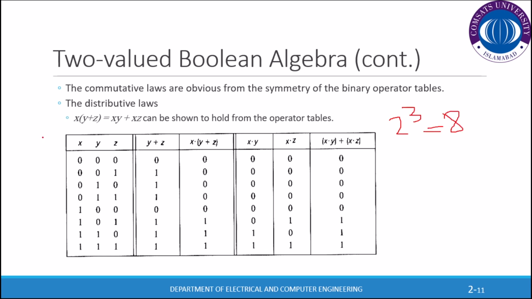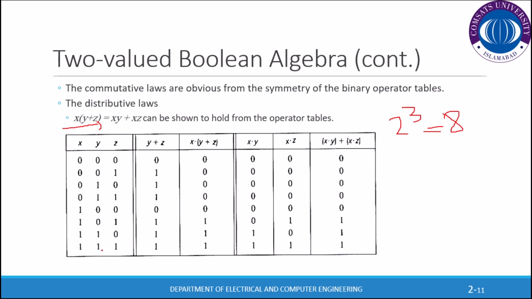So first we'll write the inputs x, y, z and all the combinations, starting from all three of them being 0 till all 3 of them being 1. In between, any one input can be 1, any 2 inputs can be 1. So we have all the combinations, starting with 0 0 0, then 0 0 1, 0 1 0 and so on. So first for this we have the distributive law. First we'll have y plus z. Y plus z is the OR gate.